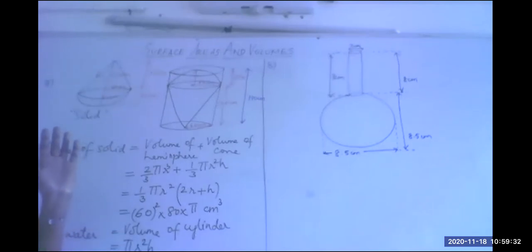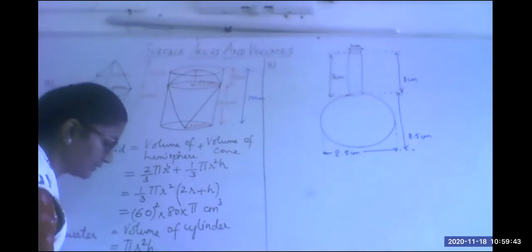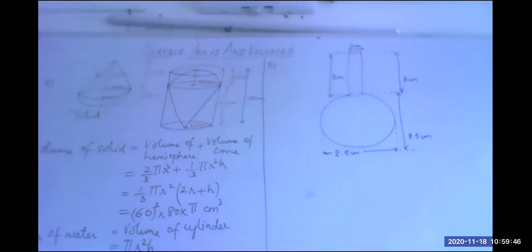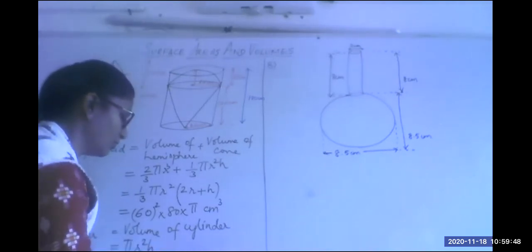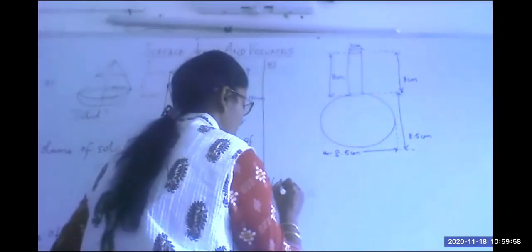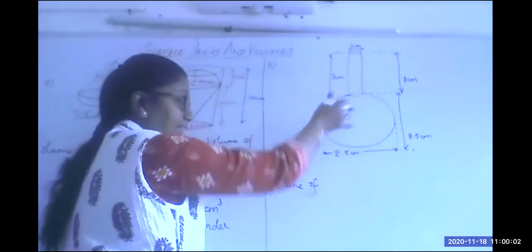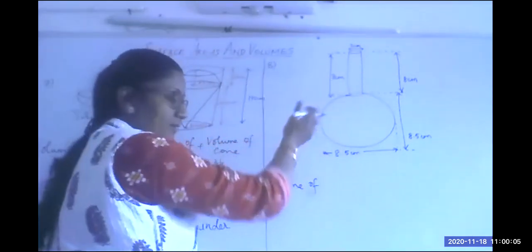So I find pi r square h, which comes out to be 180 times pi, the r square is 60 square itself. Alright, so this many centimeter cube is the volume of water. So this was the original amount of water. This is the volume of the solid which is put into the water. Now the volume of water left over. I just avoid this diagram. This is for the next problem. I wanted to save time, so I have drawn it.